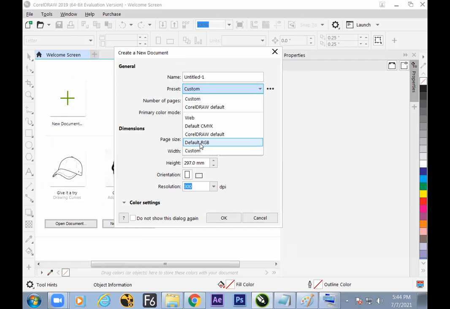Now, if you switch to the screen industry, default RGB, then the sizes are available here. RGB is generally used for screen presentation. Screen presentation in the sense of website, mobile, film, television, advertisement on the screen. So this covers your color profile RGB. But the time you switch to the printing industry, then CMYK: cyan, magenta, yellow, and black. K for the key color represents the black. RGB is red, green, and blue.